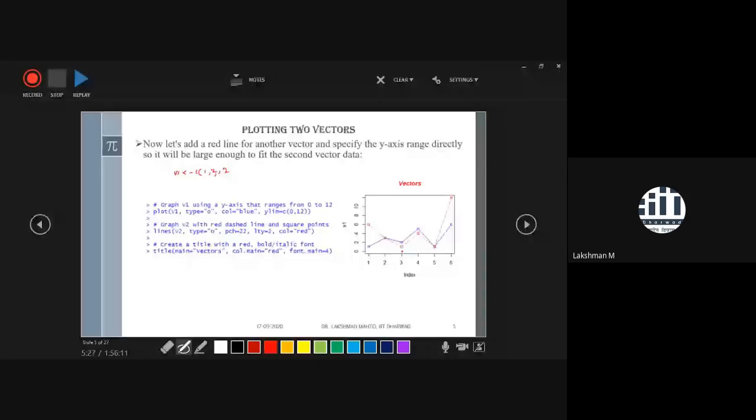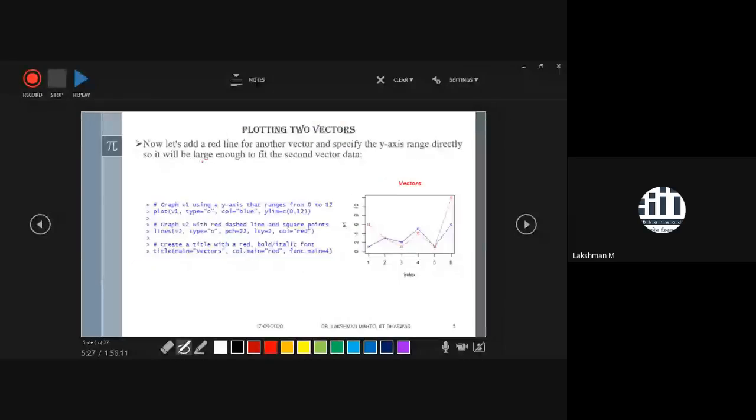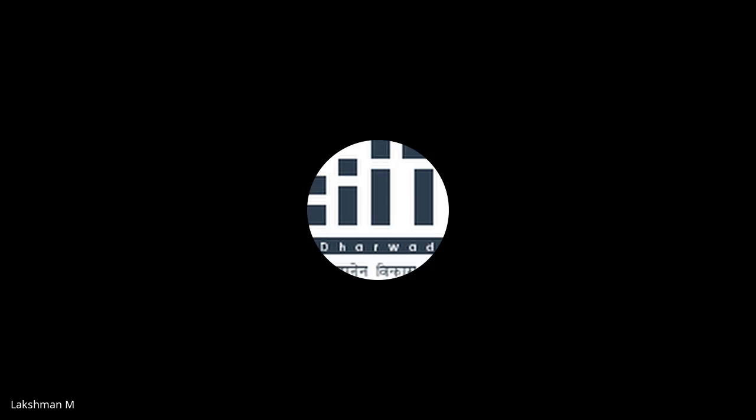I would like to recall this. This is v1, and what is v2? v2 is another vector we are taking here. So v2 has first entry 6, second entry 3, and fourth entry 2. Likewise, the fifth entry is 5, and here the fourth entry is 5, the fifth entry is 2, and the sixth entry is 12.